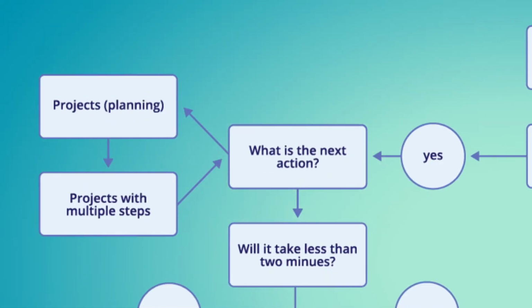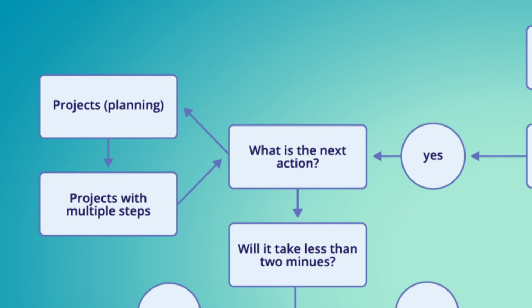In GTD, this question is asked when you're processing. So you first collected a demand in your inbox and you started processing it and you understood, yes, the item is actionable. Now you need to ask yourself, what is the next action? This answer can take you two ways. If the next action is a task that you need to do once, you can move that into a list of single tasks. But if the next action